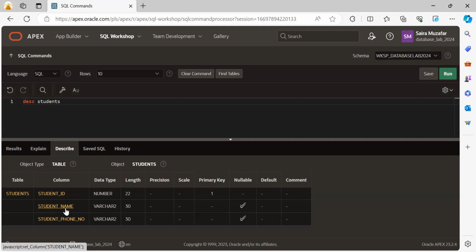I can again use the same command, alter table students. This time I want the column name to be student full name, so I'm actually going to rename this column. So the command is alter table students rename